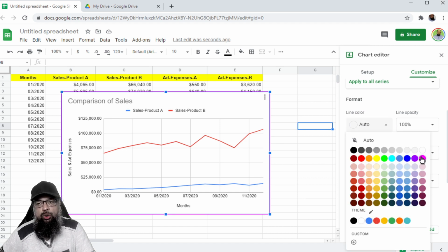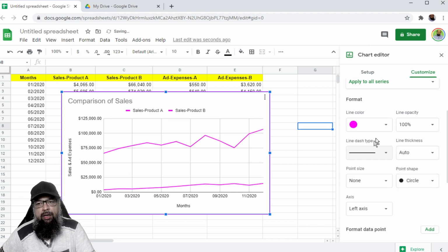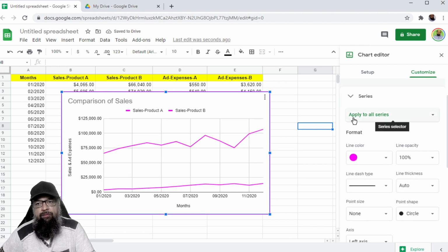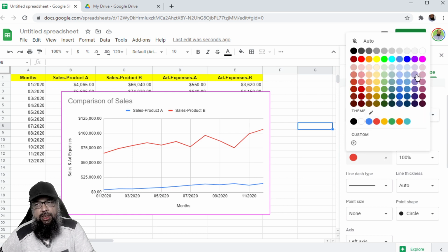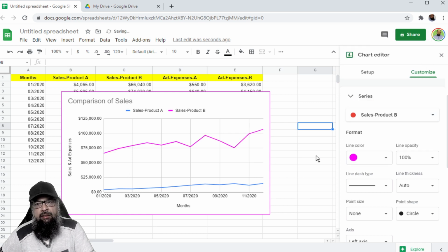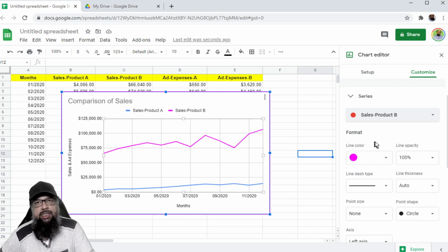If I want to change the line color to, let's say, pink, and because I have selected apply to all series, the color of both series will change. Now if I want to change only the color of this one, I have to select sales A or B. So I want B to change to pink, so I can do it like this. So this is how you change the color of one series if you want.